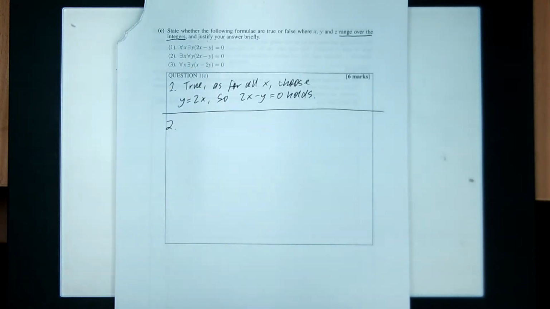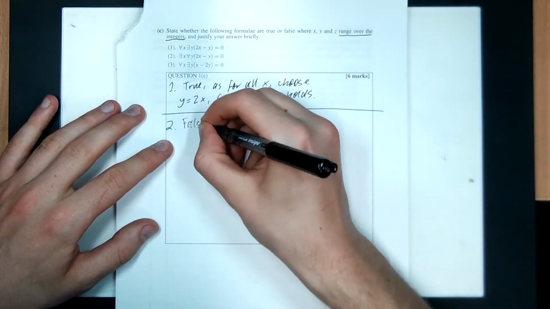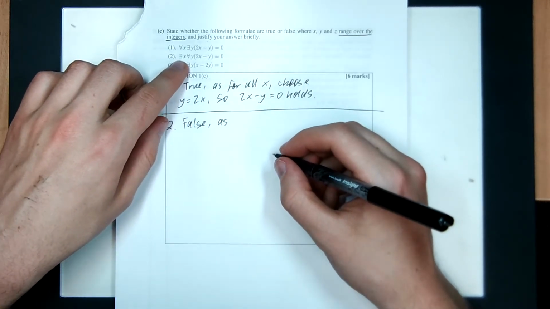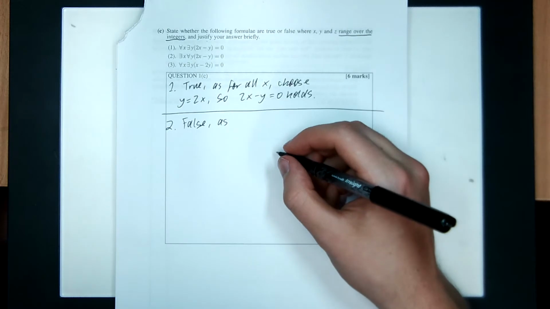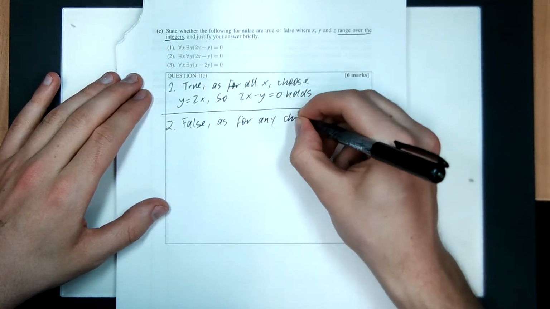Question 2. There exists an x such that for every choice of y, 2x minus y is equal to 0. So that's saying there's some number x such that every other number y satisfies this equation. That doesn't feel pretty true, right? And the reason is, so this is false. As for any value of x you could hope to come up with, I can always find a y to make it false, right? So as for any choice of x,